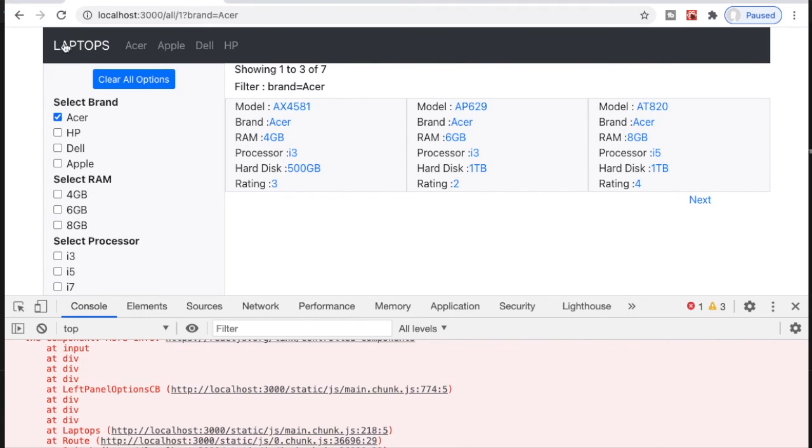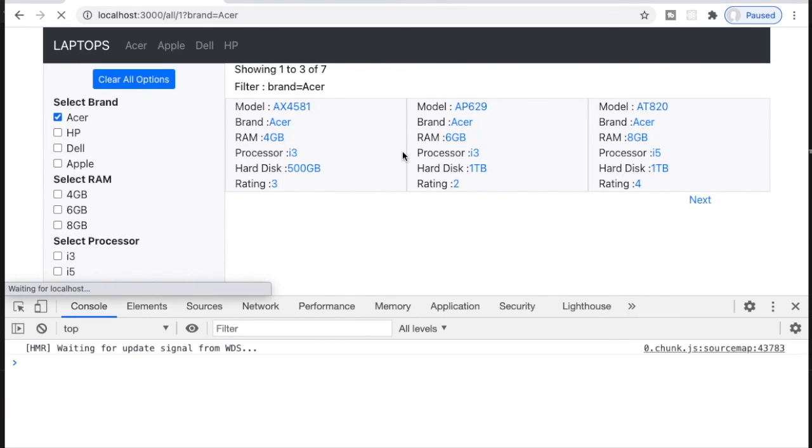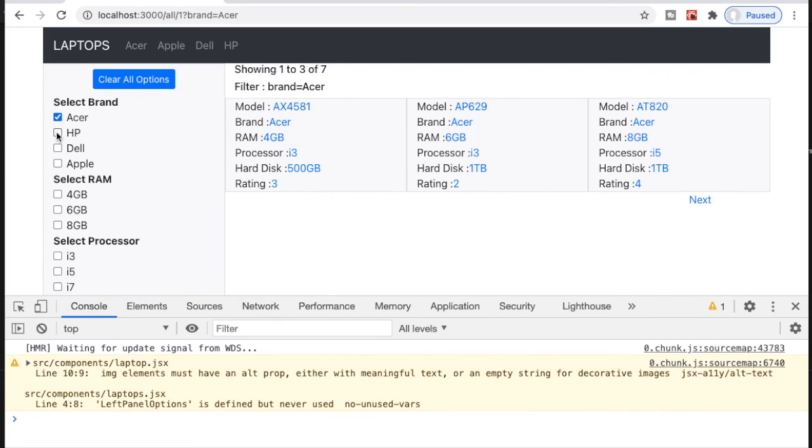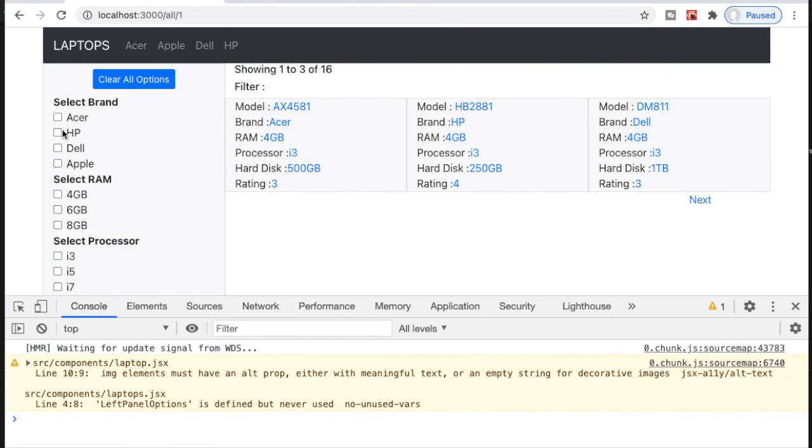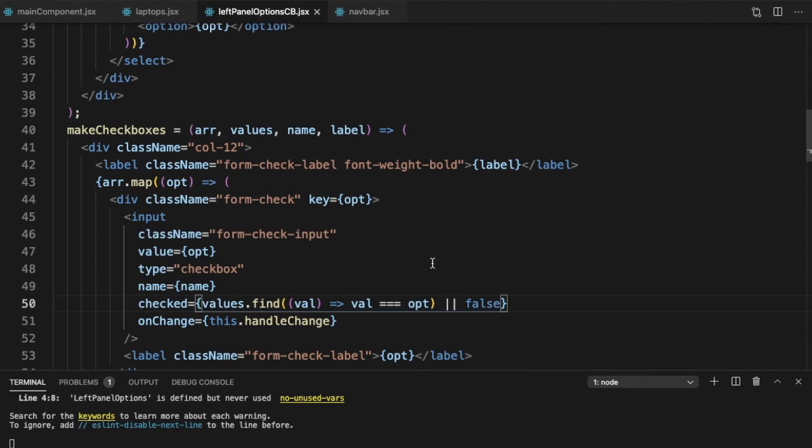Let's test it. So now if I refresh my code, let's refresh it again. Now if I click on Acer, you can see that that warning has gone. So this is another way to handle it that we can do. If we do not want this and we use find index, in the case of find index, what would we have done? We would have said find index should be greater than or equal to 0.